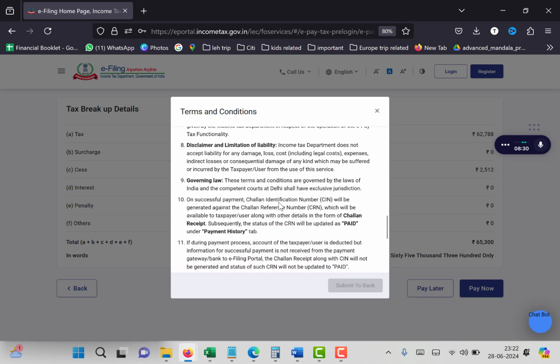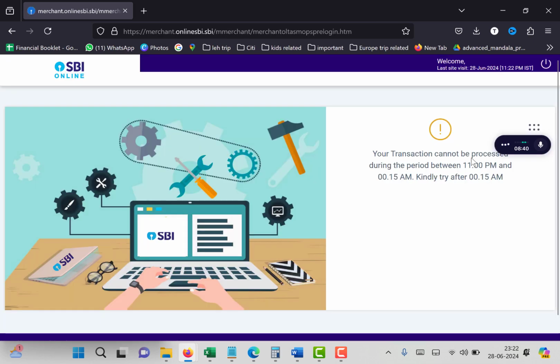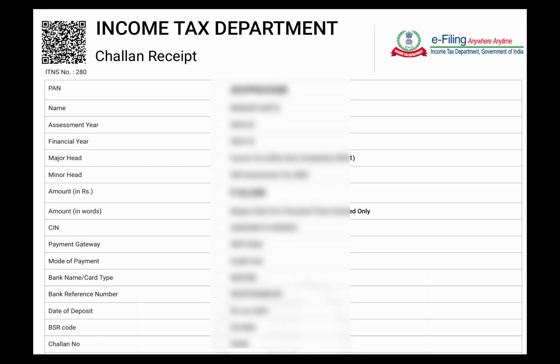Read the terms and conditions, click on the checkbox and submit to bank. You can make the payment during the daytime after 12:15 a.m. in the night. So I tried it again during the working hours and I was able to